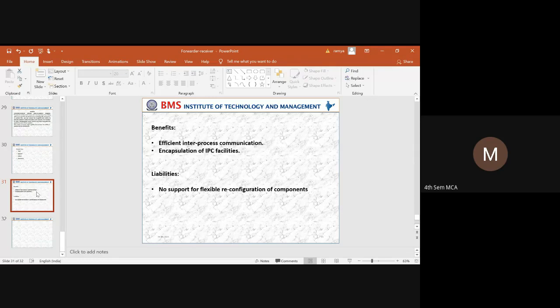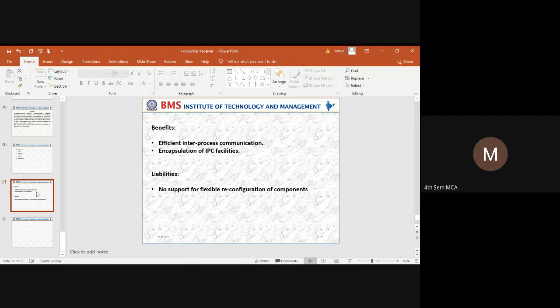The benefits of the forwarder receiver pattern are that it is an efficient IPC mechanism. That means whatever communication is happening between a client and server, it provides transparency. The next thing is encapsulating the IPC facilities.